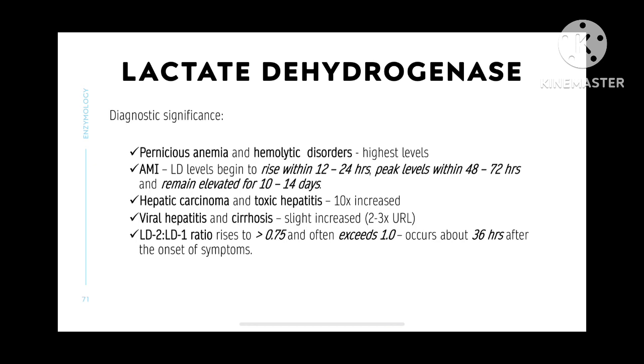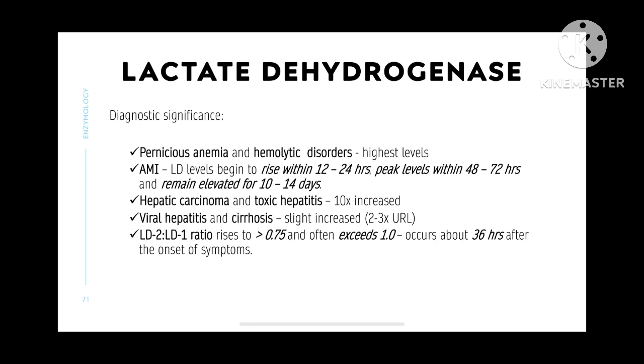hematologic and neoplastic disorders. The highest levels of total lactate dehydrogenase are seen in pernicious anemia and hemolytic disorders. Intramedullary destruction of erythroblasts causes elevation as a result of the high concentration of lactate dehydrogenase in erythrocytes. Liver disorders such as viral hepatitis and cirrhosis show slight elevations of 2 to 3 times the upper limit. Acute myocardial infarction and pulmonary infarct also show slight elevations of approximately the same degree, around 2 to 3 times